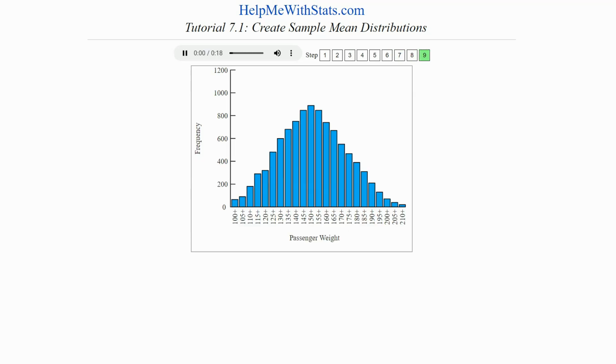With 10,000 sample means, the distribution is looking a lot like a normal distribution, but the distribution is not perfectly normal due to sampling error. In order to have a distribution very close to normal, we would need a very large number of sample means,